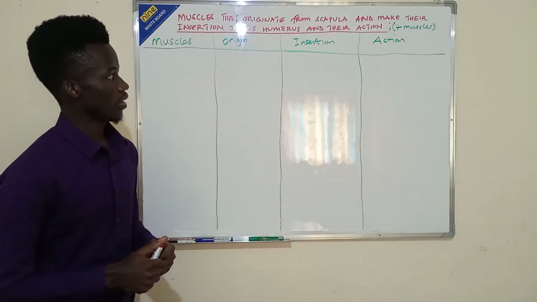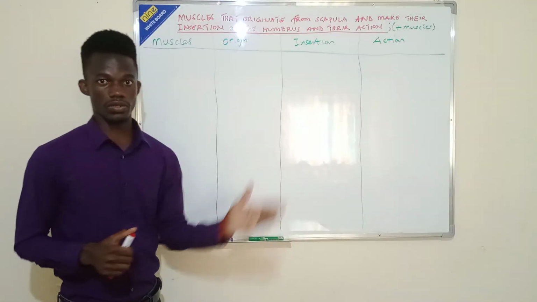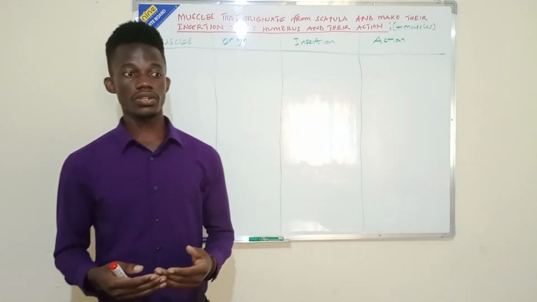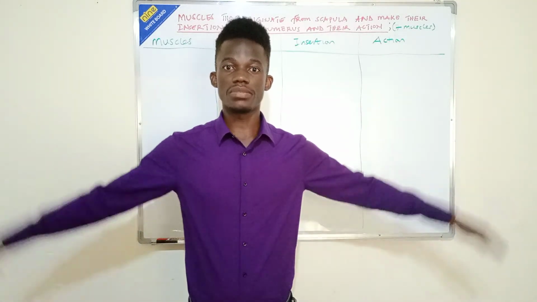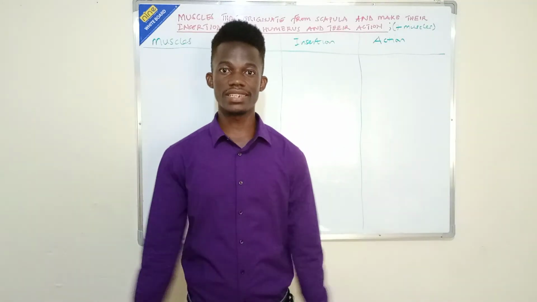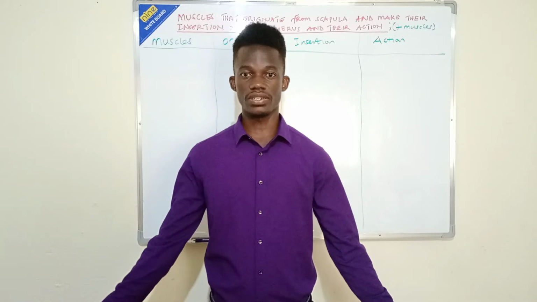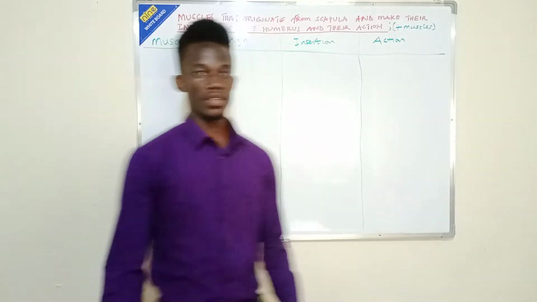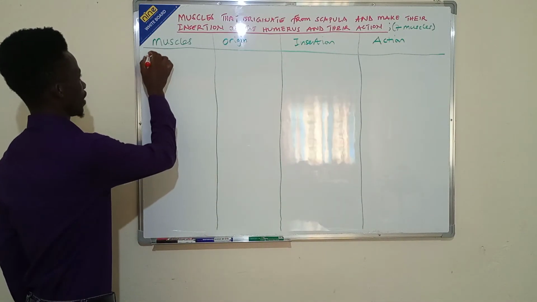So in this, we are going to look at origin, insertion, and then their action. Action, that is during movement of the limb. When I talk about movement, I mean flexion, extension, abduction, adduction. We have internal rotation and external rotation, and a combination of them will give us what we call circumduction. So we are going to start with the muscle known as the